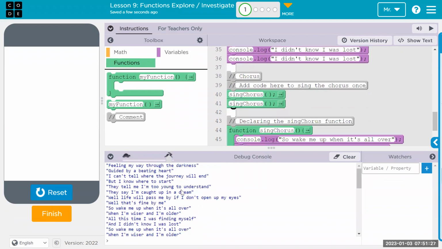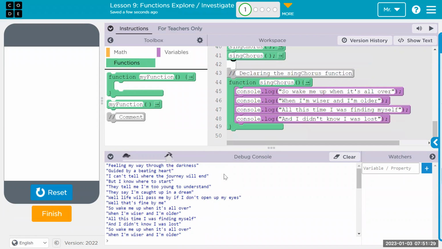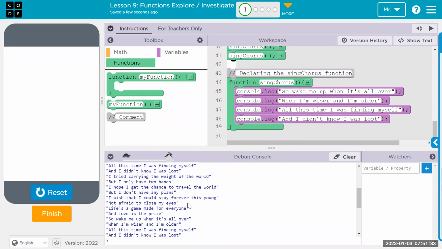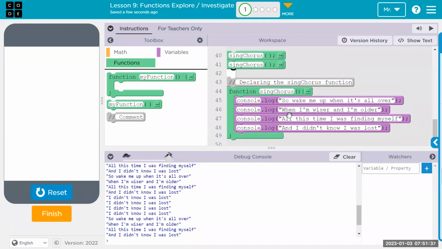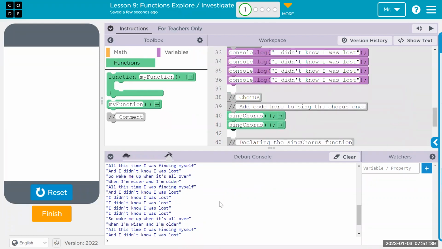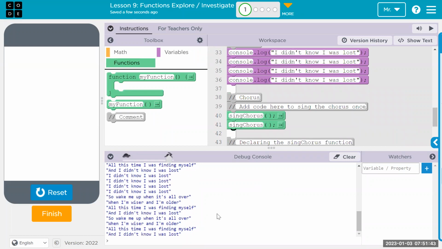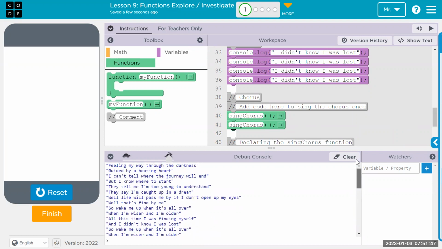Wait, hold on. Am I doing something wrong? Sing chorus. Sing chorus is so wake me up, so wake me up. Why is it only doing it? No, it's right. It's not super easy to decipher these